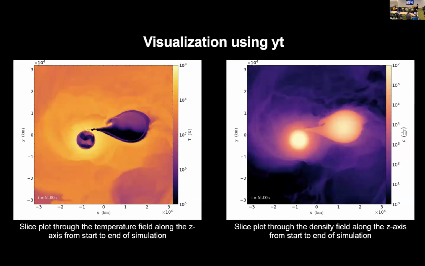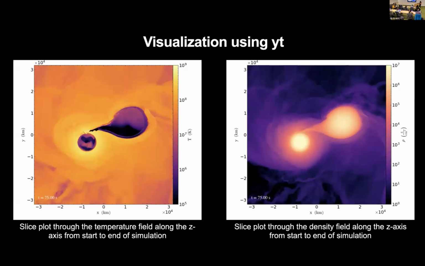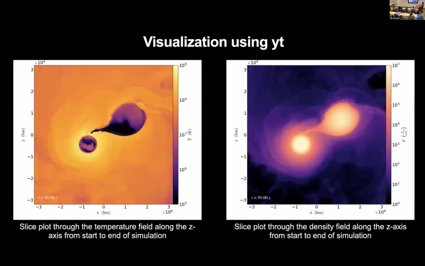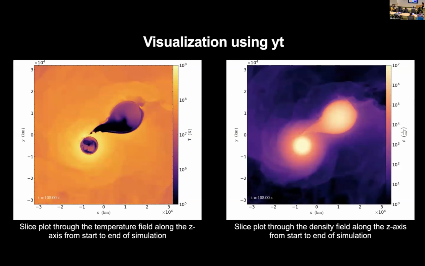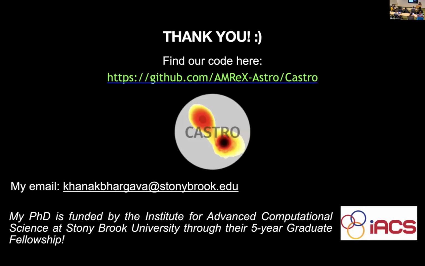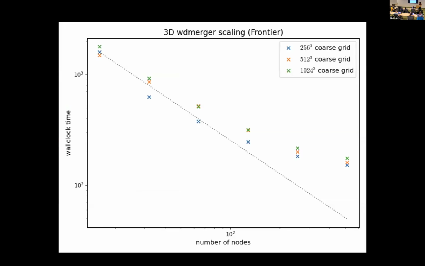I have a really quick question, and then Roland's going to ask a really expert question because he's a supernova person. The scaling plot that you had on Frontier, do you know if there was the secondary detonation on some of them? Because you said the resolution is increasing, right? In this case, we just ran it up to 0.2 seconds of simulation time, with no output, nothing. We just wanted to see how it scales. Okay, so this was purely for scaling purposes.